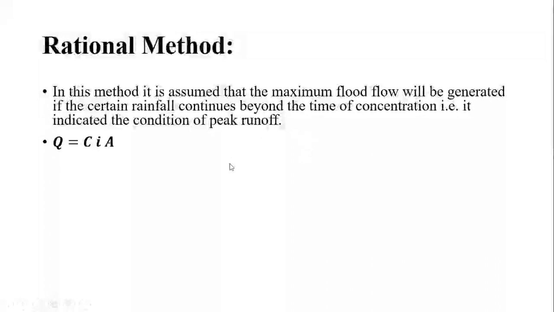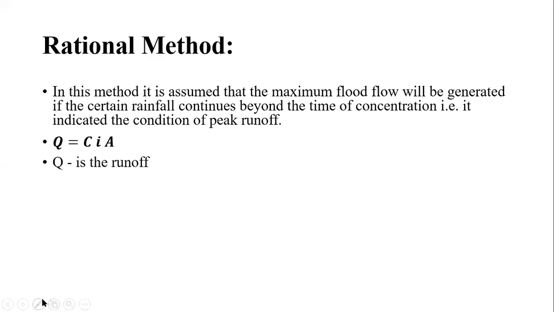Then the formula which is used for the measurement of discharge, that is flood rather we can say, by rational method correlates the intensity of the rainfall and the catchment area. That is Q is equals to CIA. C is a coefficient of the flood or a coefficient of runoff we can say, or a coefficient of a particular region, whose value used to be given in the example. We are going to solve the numericals also, because the numericals were asked in the examination over the rational method of estimating the flood.